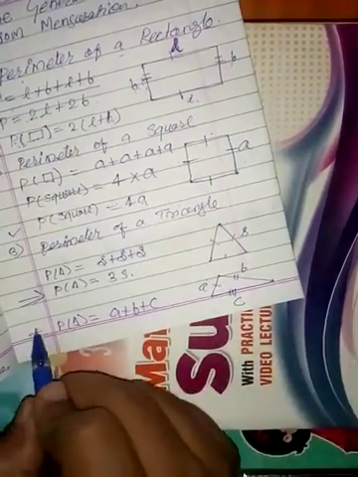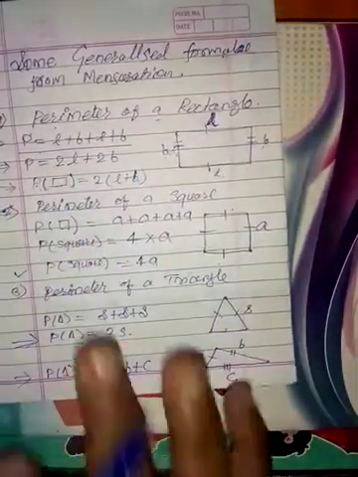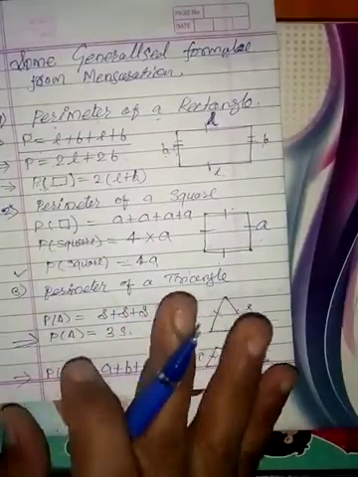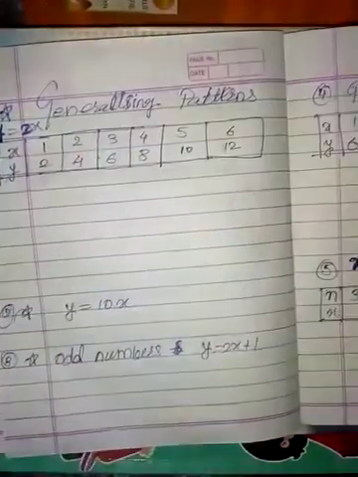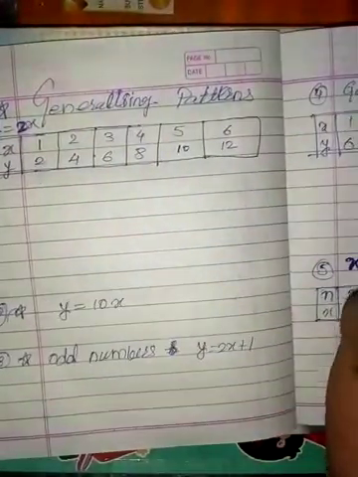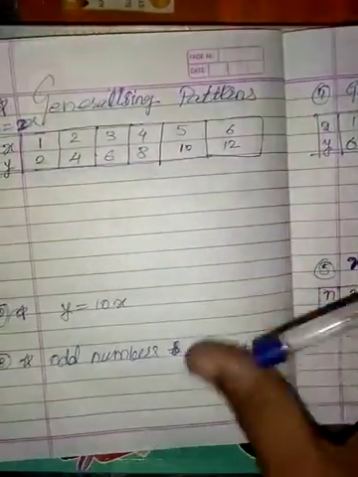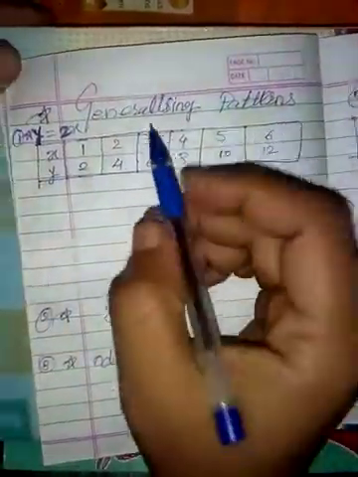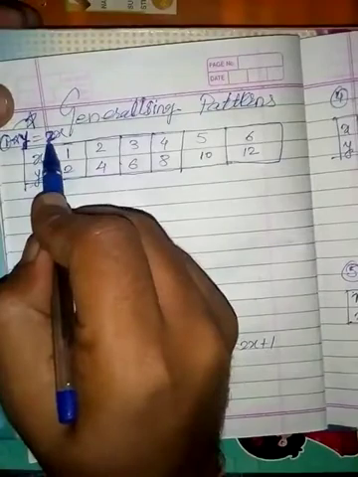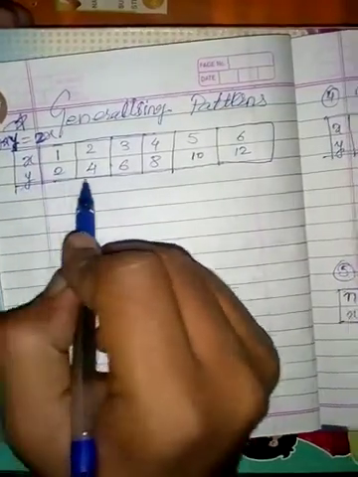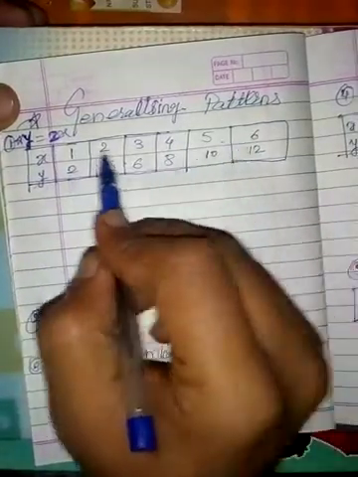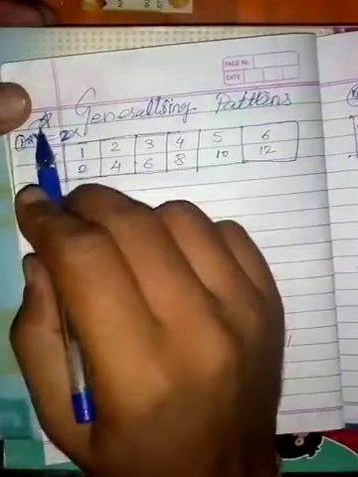So therefore these are the generalized formulas which we have prepared of geometrical terms, of mensuration. Let me show some different things. This generalized pattern we study in the next video: how to generalize the pattern. For example, y is equal to 2x. So how can we prepare it? These are the values of y and this is the value of x, which we have written in the formula, and try to check it.